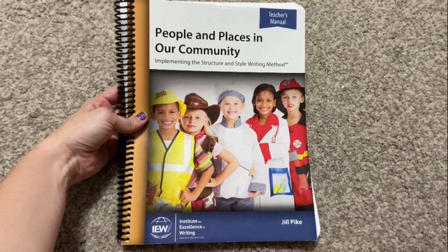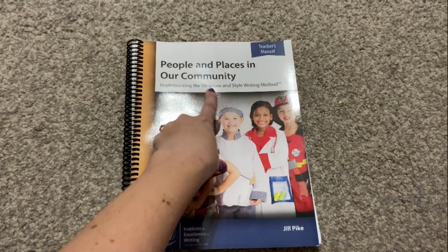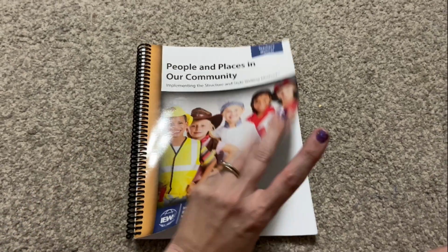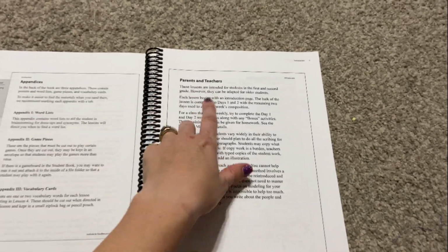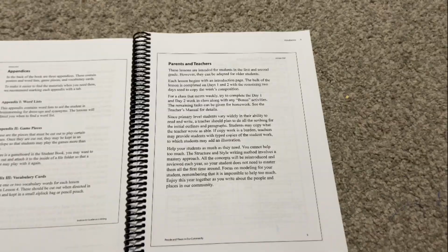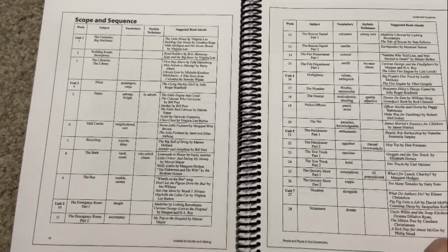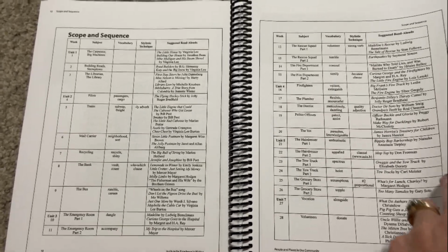For writing, we are going to be doing the IEW, Institute for Excellence in Writing, People and Places in Our Community. This is technically scripted for 1st and 2nd grade, and I realize my kids who are using it are going to be much older than that, but it says, however, they can be adapted for older students. And since still, if you look at the scope and sequence, they're still going to be dealing with a lot of the same things they would be dealing with in the Student Intensive A